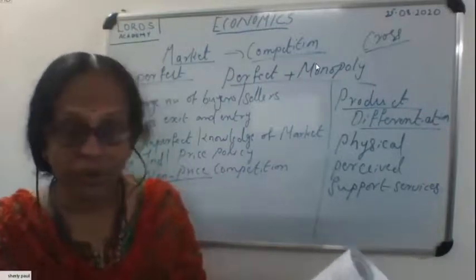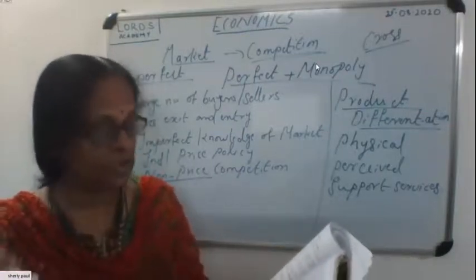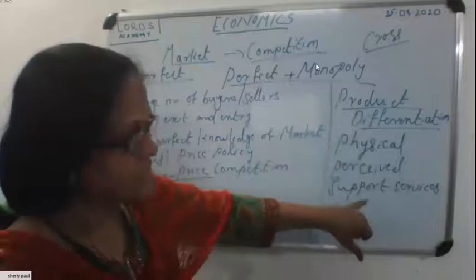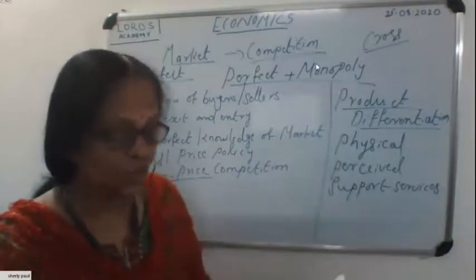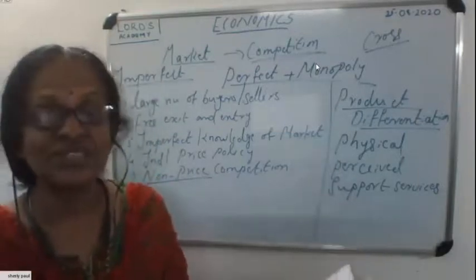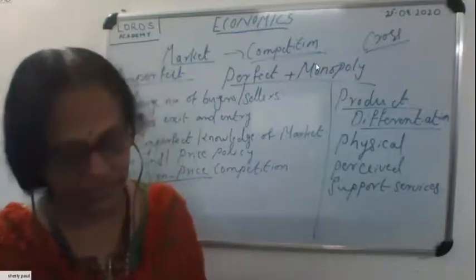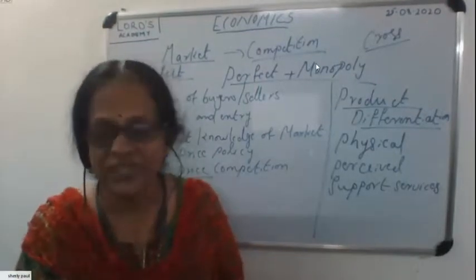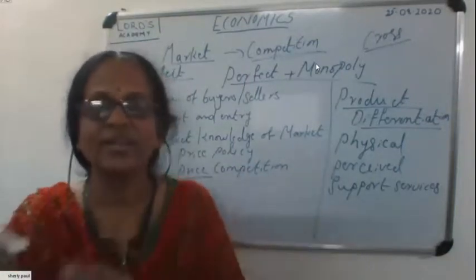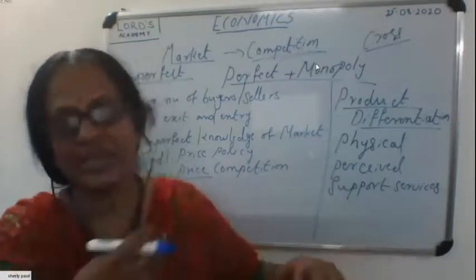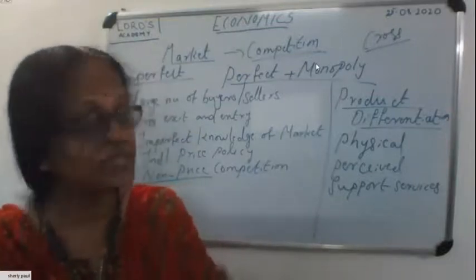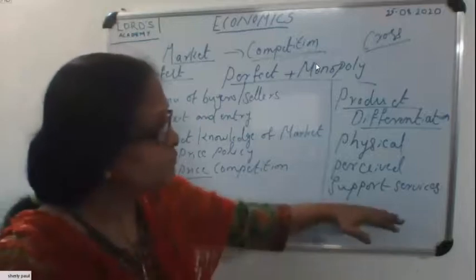There are still other cases: products that are physically identical and perceived to be identical. No physical change and no perceived difference, but a difference in support services only. Even though the products purchased are identical, one retail store might offer service with a smile while another provides an expert checkup. That is home delivery, or a 5 year warranty, or some free gift with that item. If you are buying a TV or fridge, you get another item. That is support services. Their customer care is very fast if you call; within 24 hours they will come and provide such support services.